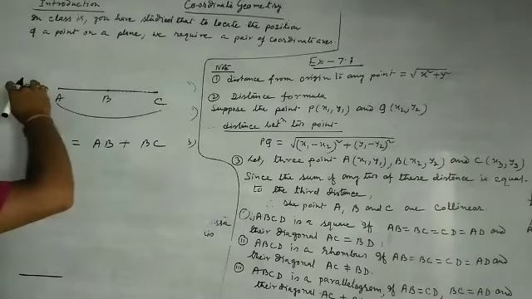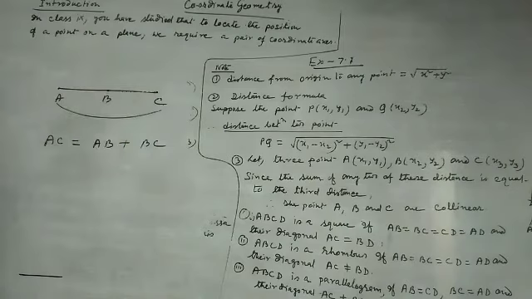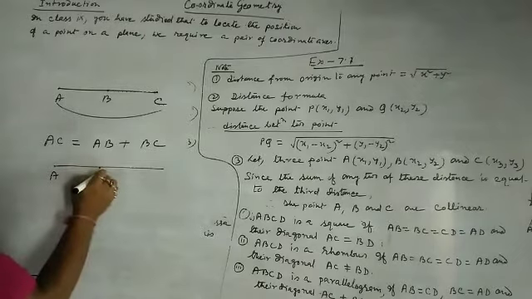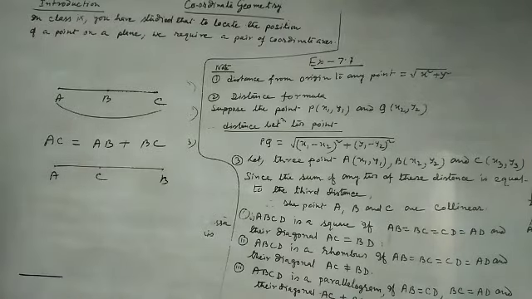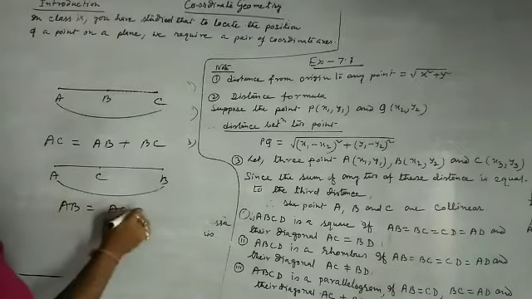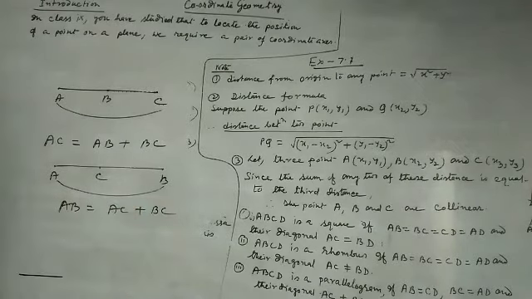That is, the three points make a straight line. Or suppose A, C, B: if AB is equal to AC plus BC,